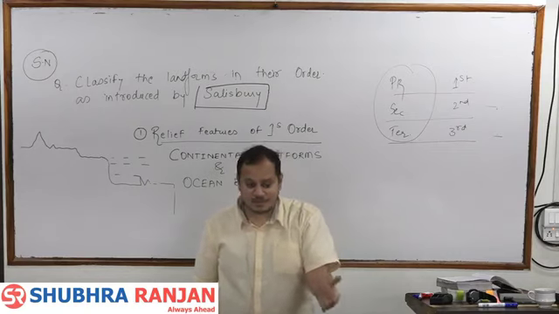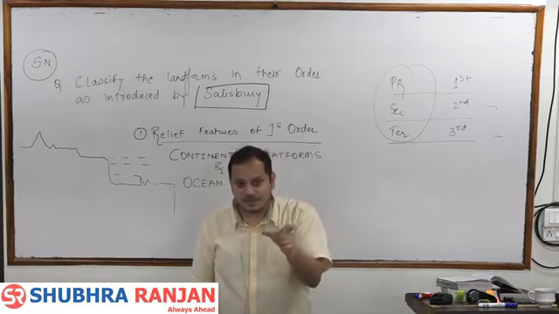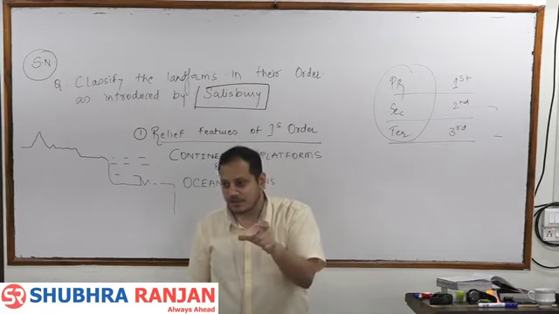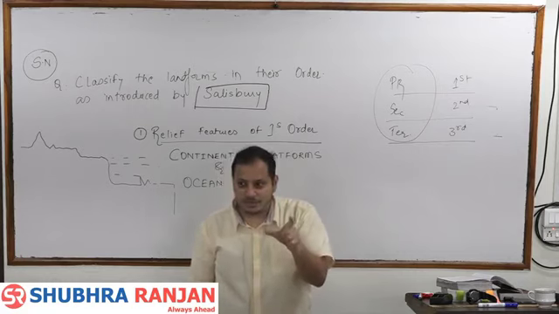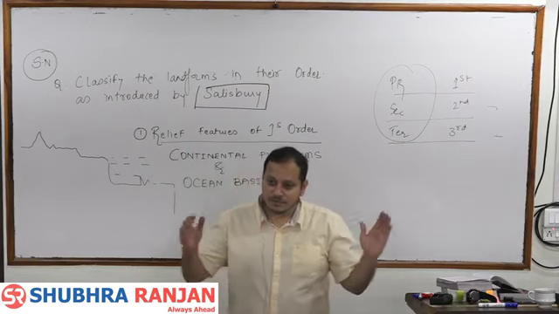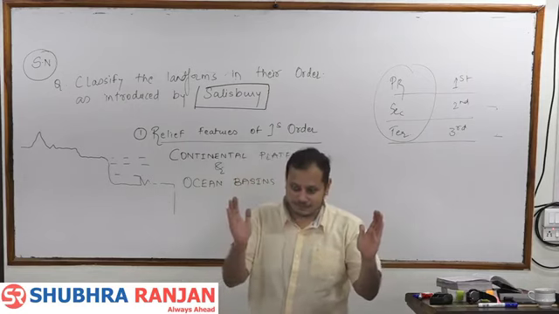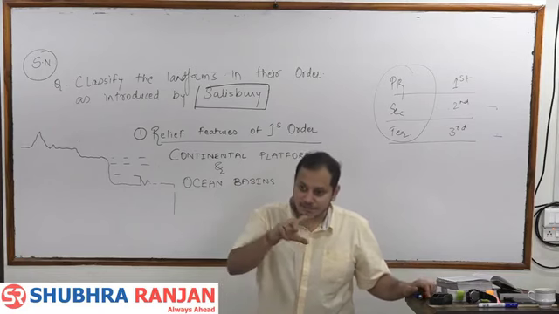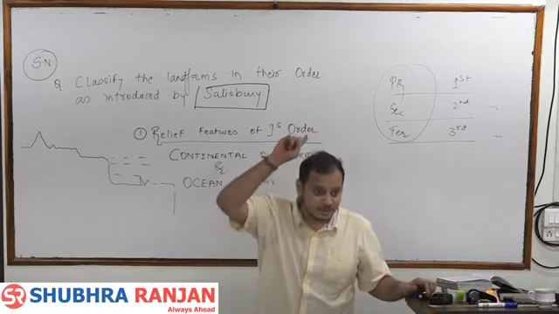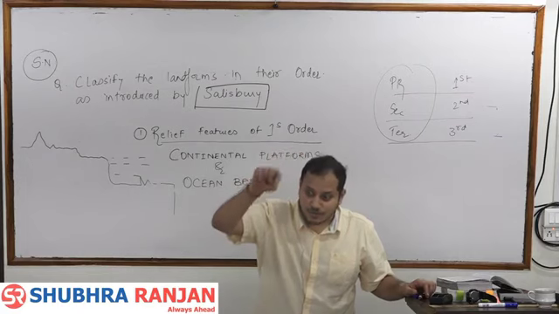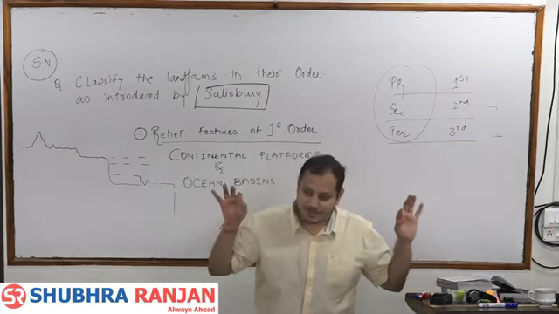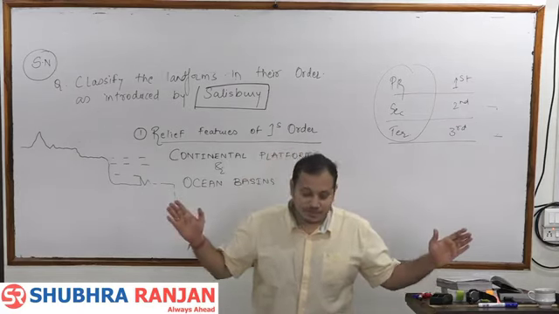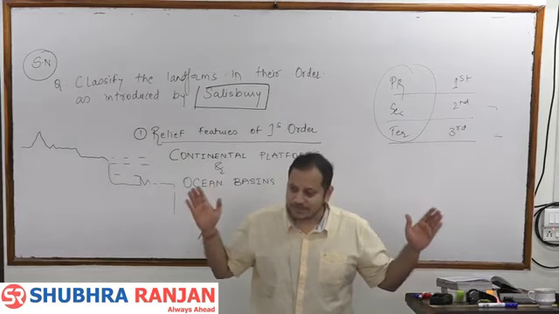a continent. There is no need to write an example here. Peninsular India is just one part of the continent. If you want to make peninsular India together as a continent, then you will have to join South America, Brazil especially, Africa, India, Australia, and this is the first order relief feature which was present at that time. Though its shape has changed, its geographical location has changed, the conditions are the same.